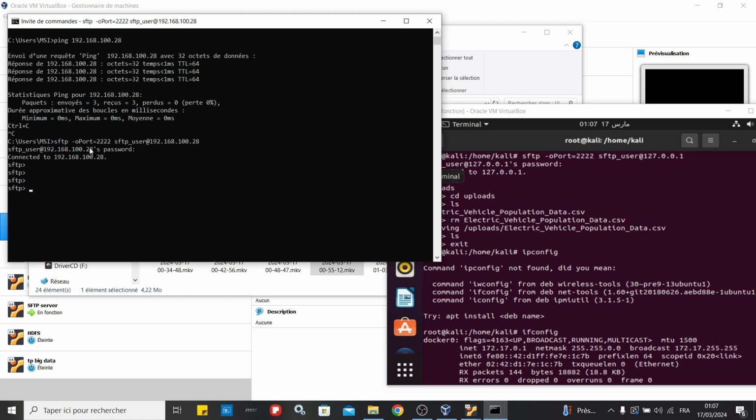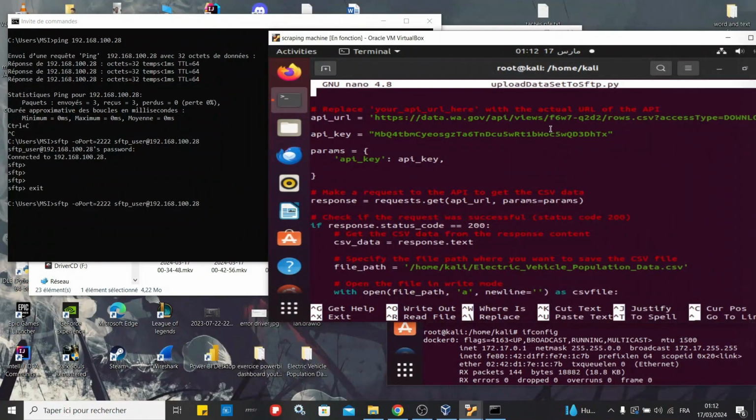Okay, now going back to the first VM. This is a script that sends the dataset to the SFTP server. Basically, you establish a connection with the API. You should specify the API URL and your personal key. You create a request to the API. If the response is successful, you save it in this VM. So you should change the file path,